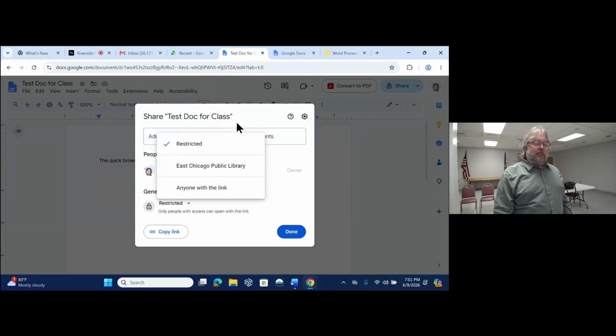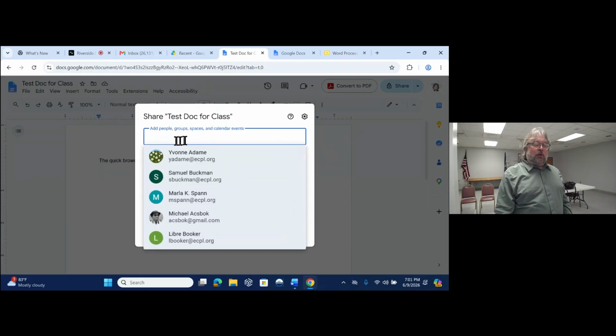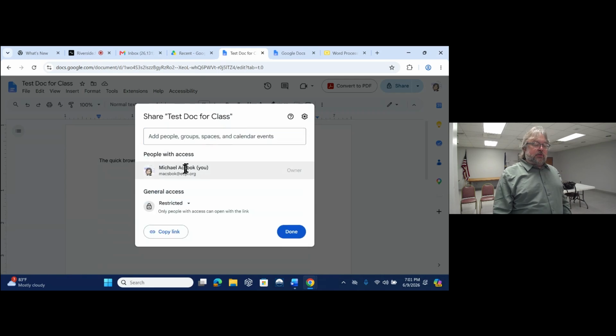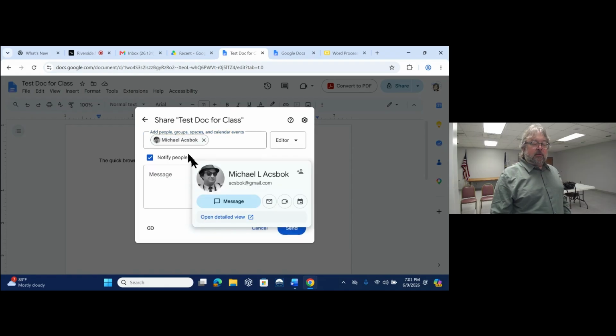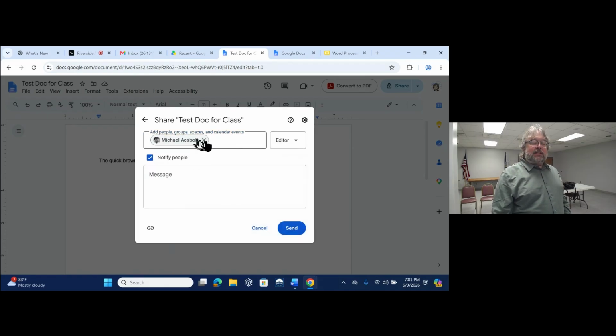But restricted means that I can add people by email. So see, this is me. This is my email account for work, the ccpl.org. I'm going to share this with my personal email account. This is my personal email account, right? And when I say I'm going to share this with my personal account, anytime you share a document with somebody,